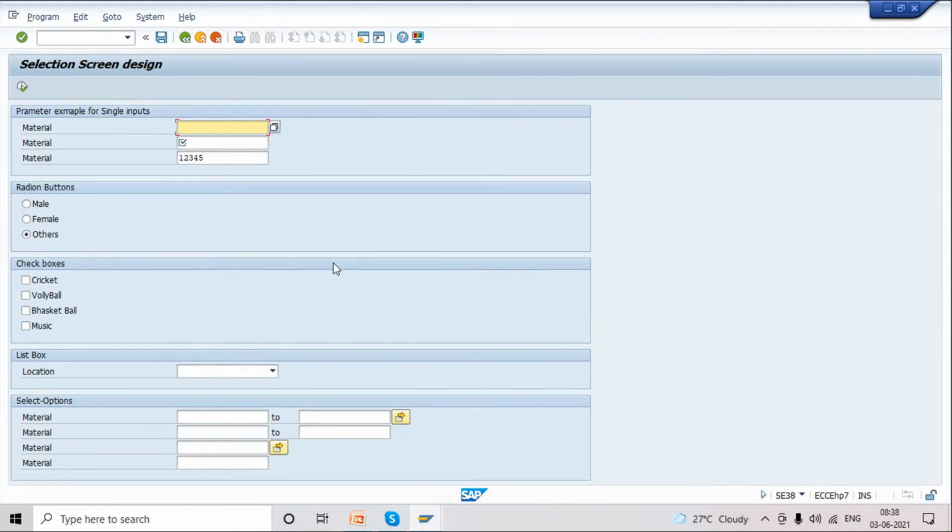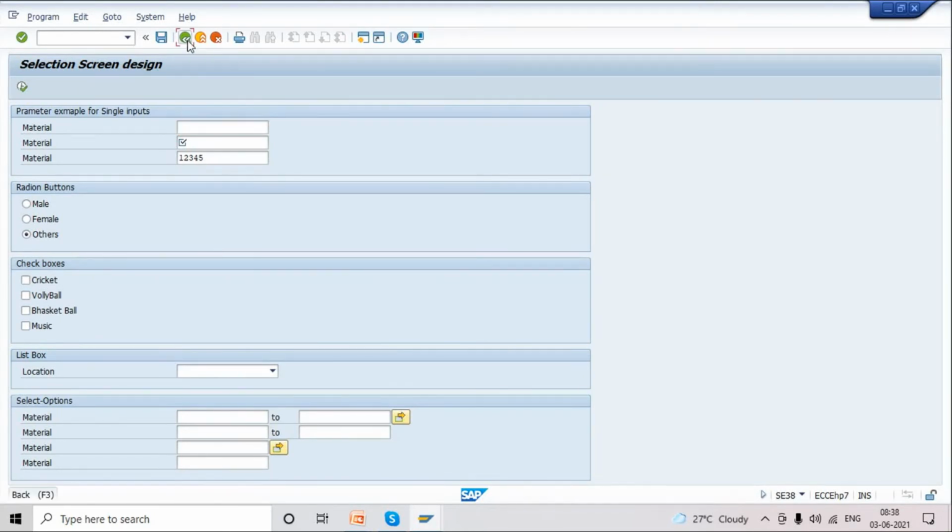But if everything should be put in the same screen, instead of writing radio buttons in three rows, we can put three radio buttons in a single line. Male, next here female, next others. So it will save two lines. Checkboxes also we can put four in the same line, or two checkboxes per line. It will save again two lines.